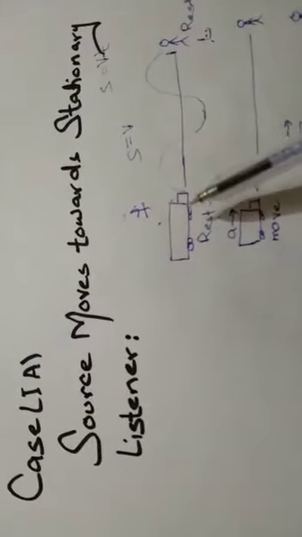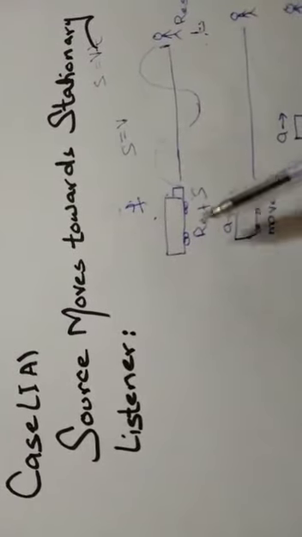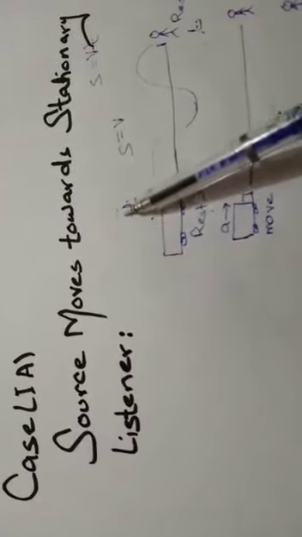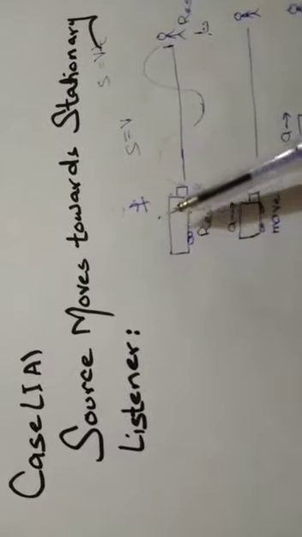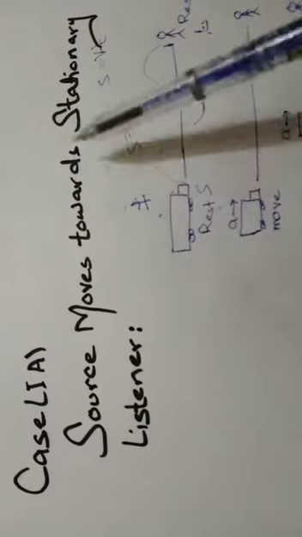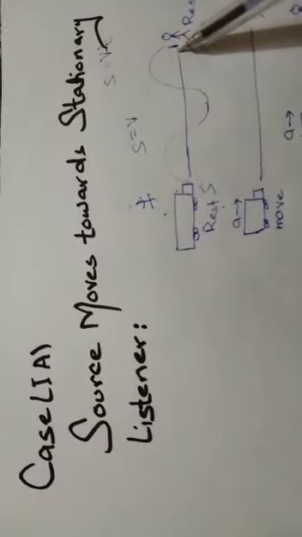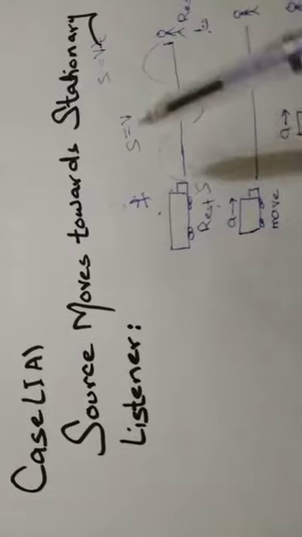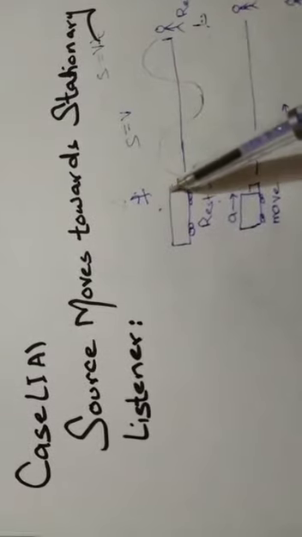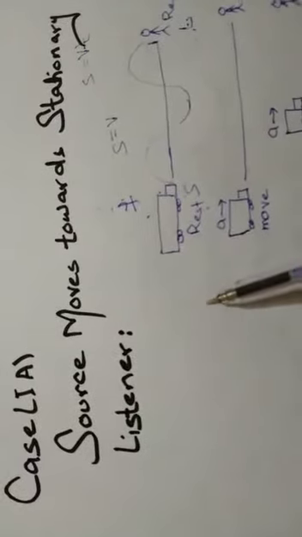Now when this sounding source moves towards the listener who is in a state of rest, or moves away from the listener who is in a state of rest, the frequency of the sounding source changes. So we discuss the first case in which the source of sound moves towards the stationary listener. Here we take the source in motion and the listener in a state of rest. First we move the source towards the listener and find the expression for frequency, and then in the second case we move the source away from the listener and find the expression for frequency.